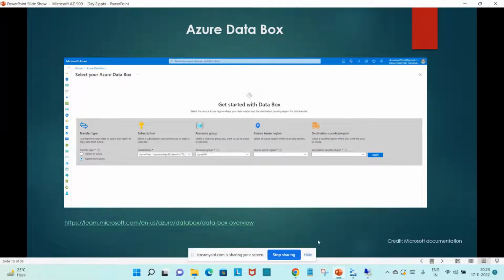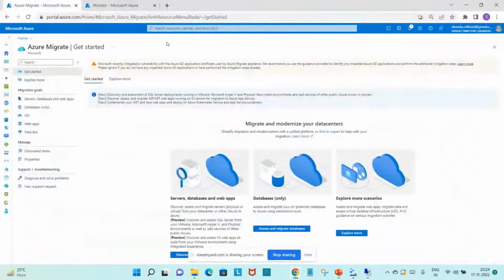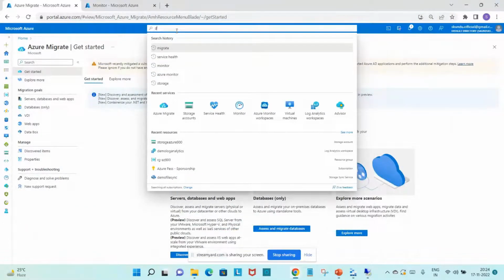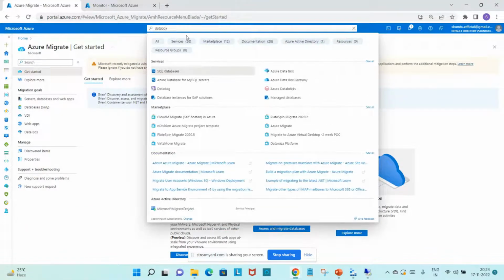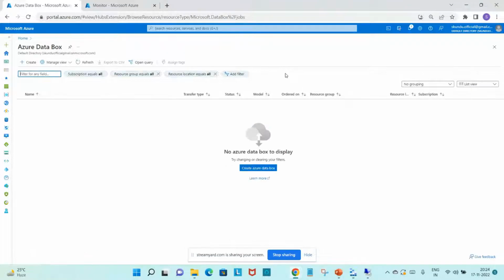So this will be the first UI you need to select. You can see what the transport type is, import or export, which subscription, which resource group, which region, from where the data will be transferred and to which region the data needs to be transferred. So if I go back to this one, you can go here using this one, Azure Data Box. See, if you select here,